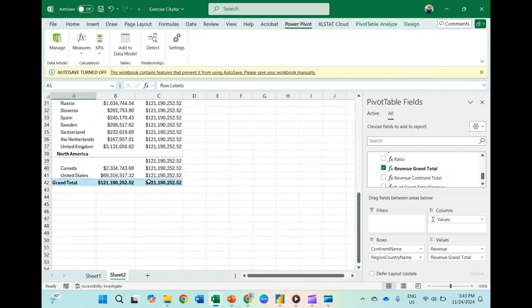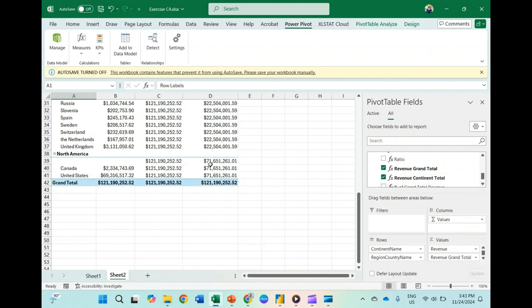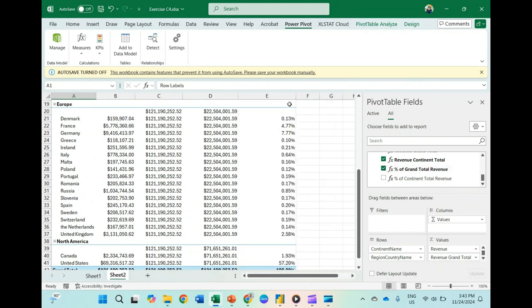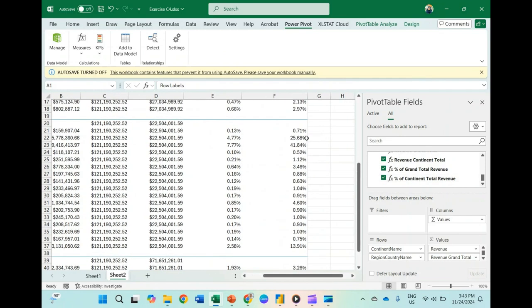Revenue for grand continent total. So this is every continent. Percent for every continent or grand total, from this one divided by 1 to 1 million, and then percent from continent total revenue, from this one.